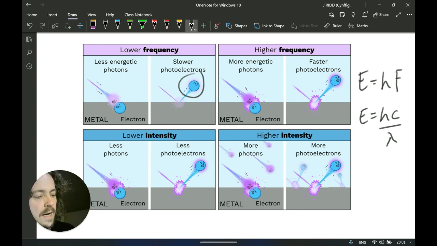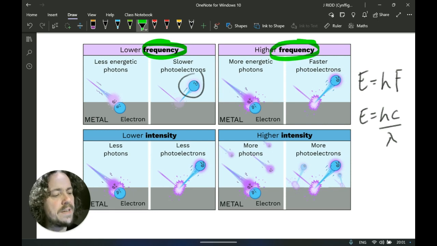However, if we have a higher frequency, look, so that was lower frequency. If we have a higher frequency, then not only will it have enough energy to get to the top of the slope, but it'll have plenty of energy left over. In fact, the photoelectrons, these electrons that are liberated, will now have energy to roll up the slope and beyond, and they'll have kinetic energy to spare. Again, it's like kicking the ball really hard up the slope and having it shoot off. All right, so that's what happens with a higher frequency. You end up with faster photoelectrons.